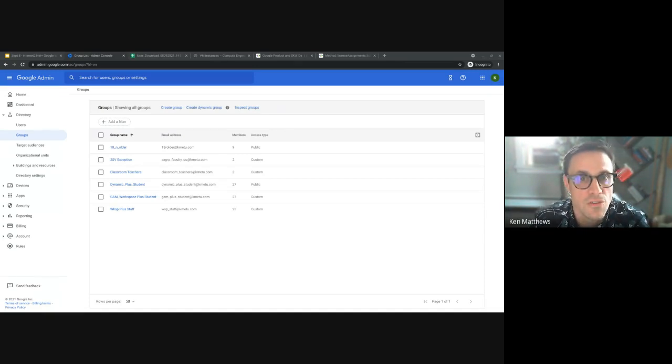And that essentially will populate down and sync those users into that group. And when those users are synced over, it seems that I'm actually getting an error message, but that's okay. When those users are synced over,